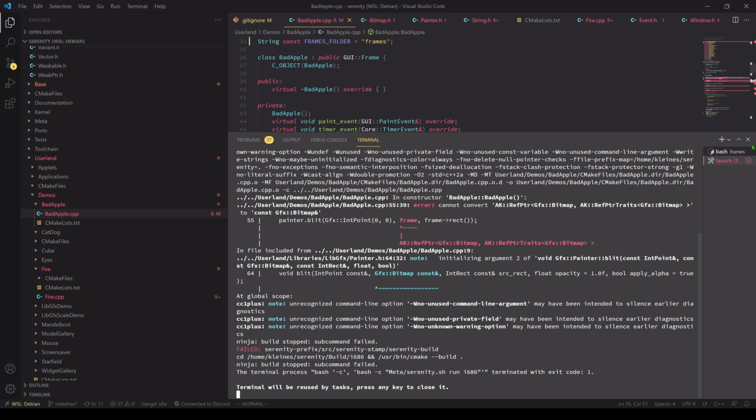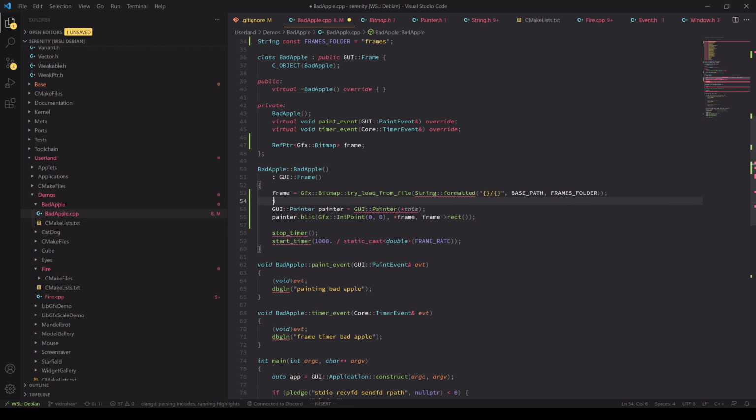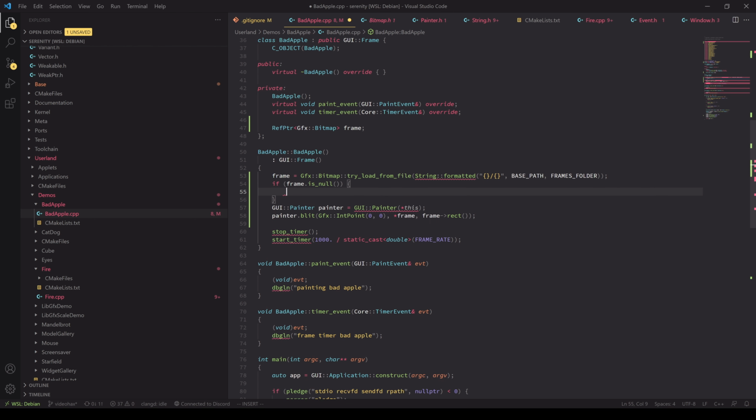So now we need a reference, so I need to deref that, which will fail if the frame doesn't exist. If frame is null, then I'm going to